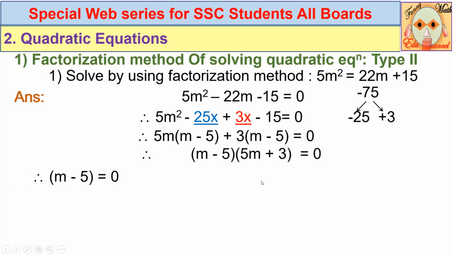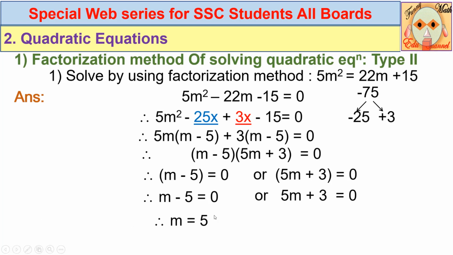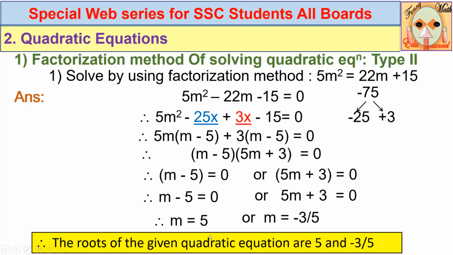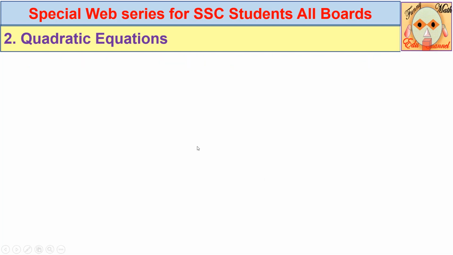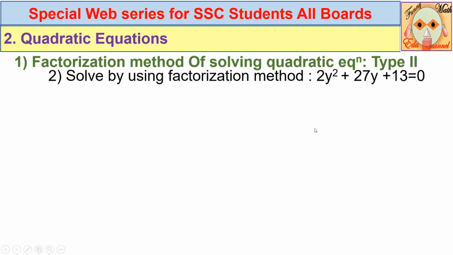So we say m minus 5 equal to 0 or 5m plus 3 equal to 0. So opening the brackets you have steps, and now shifting that minus 5 to the right you get m equal to 5, and lastly you get m equal to minus 3 upon 5. In this way, by the factorization method we have solved this equation, and we have values of m as 5 and minus 3 upon 5. Yes, this was the very simple method. Have you followed? Now let us see another one more example to understand more easily.